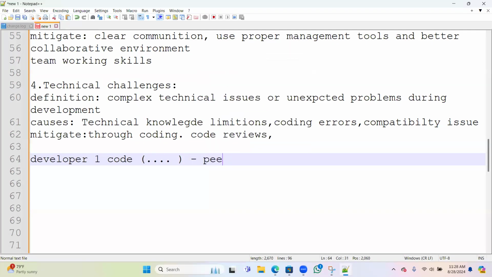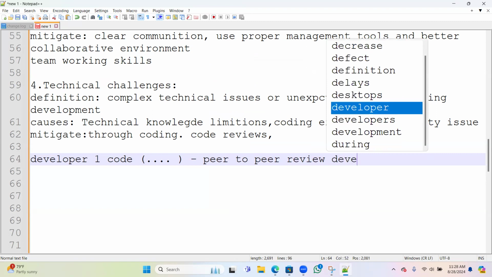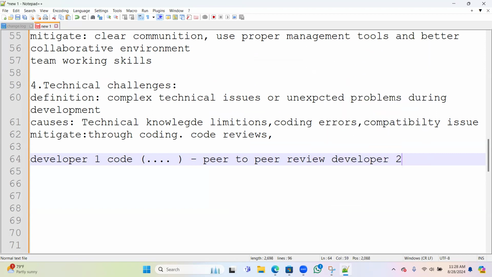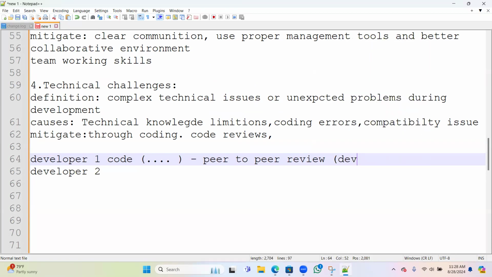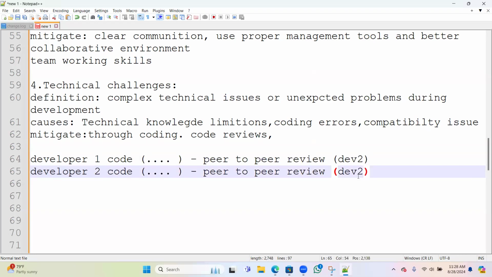It's called peer review. Peer to peer review means the code developed by developer one will be checked by developer two. And whatever code is developed by developer two will be checked by developer one. So we will do the exchange of code.